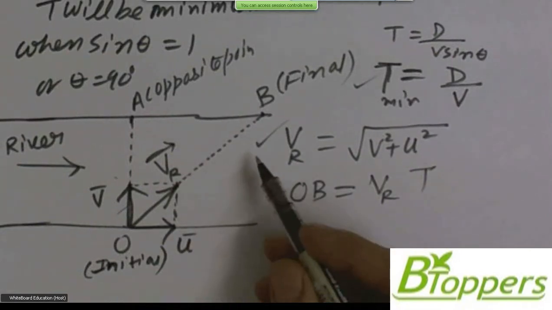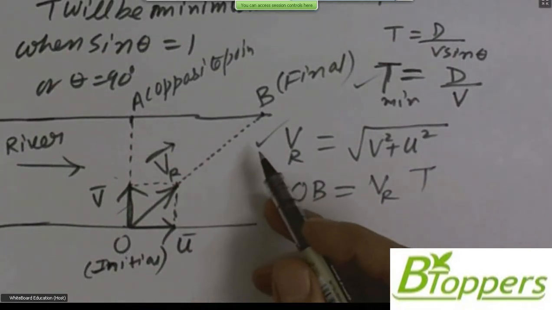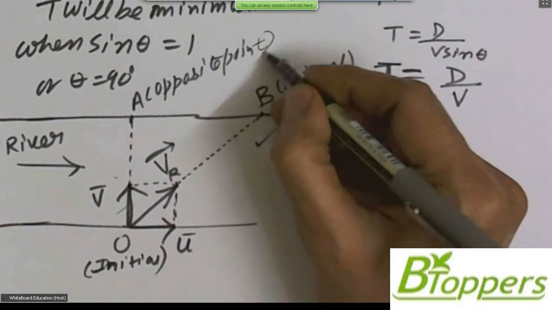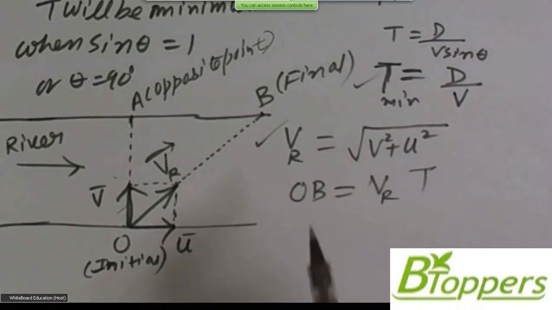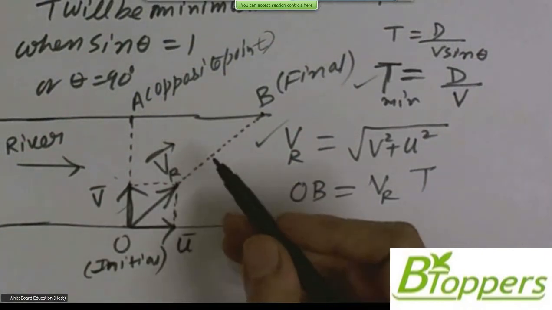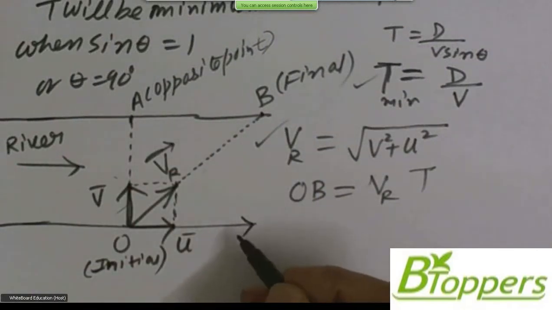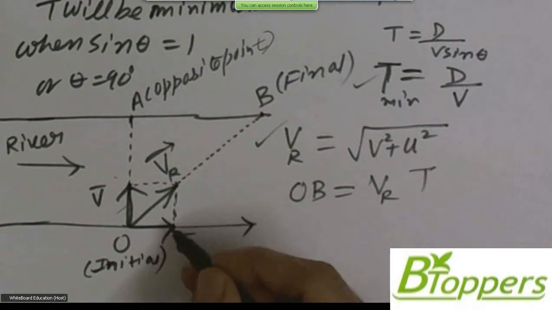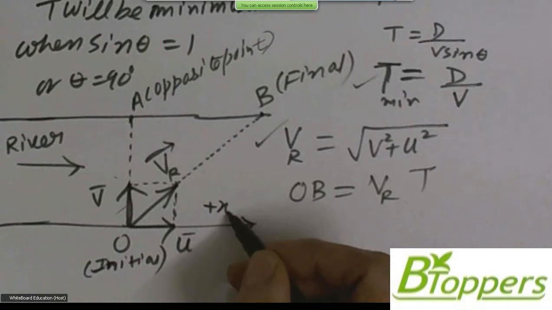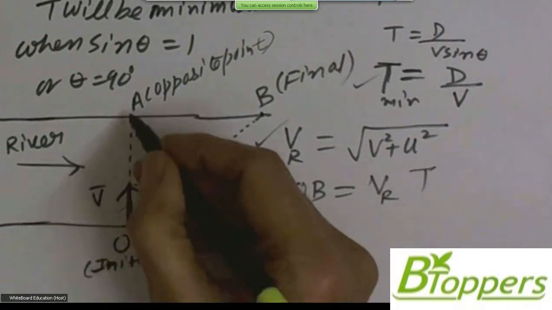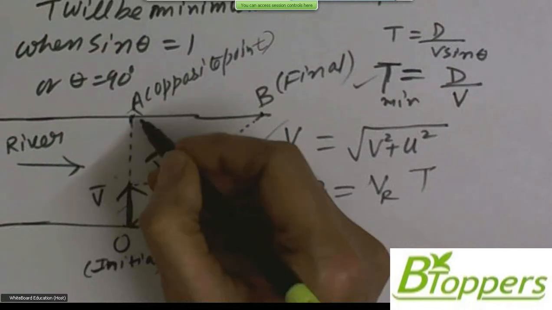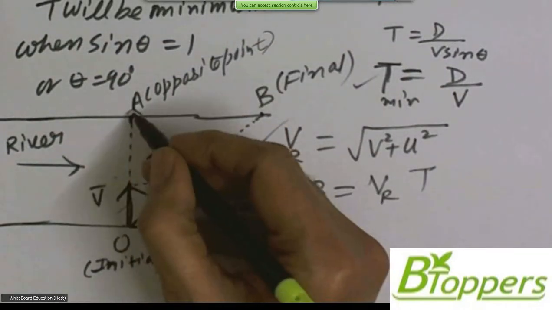The boat travels down the river on the other bank, below the point A towards which it was originally directed. That means you may be asked to find the drift of the boat down the river. That means the distance between the point A and B. As I discussed earlier, here we choose the direction of the flow of river water as x-axis, and the direction along the width OA of the river as y-axis.